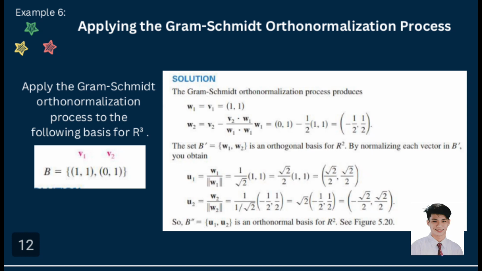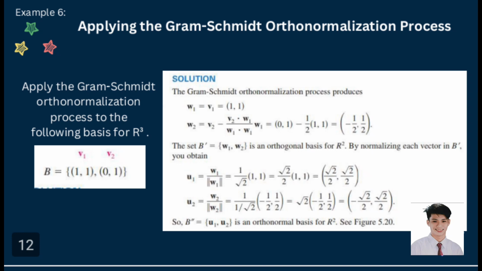So, V sub 2 minus V sub 2 times W sub 1 over W sub 1 times W sub 1, times W sub 1. So, we know that the value of V2 is 0 and 1, minus, copy lang natin yung minus. So, paano natin nakuha yung 1/2? So, nakuha natin yung 1/2 dahil sa,